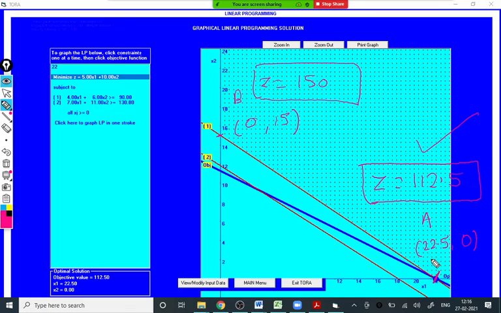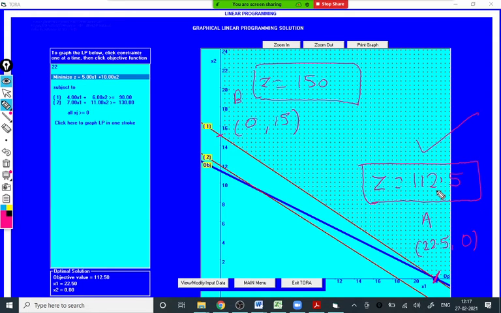Suppose the slope of that objective function is equal to that of the constraint, and when you drag this line towards the origin, what will happen? This will overlap. The blue line will overlap this one, and then at this point and at this point, at both points you get the same minimum value of z. And not only that, if you take any point on that line segment, you get that value everywhere.